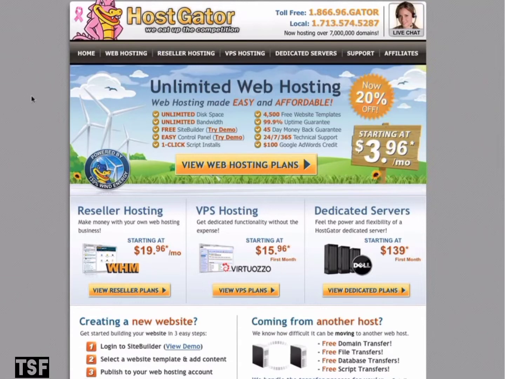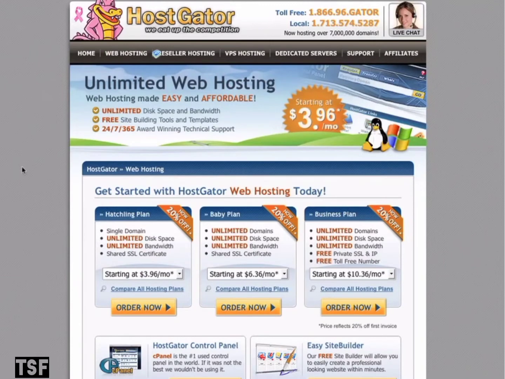So to register for web hosting, simply click Web Hosting and choose a plan. You've got your hatchling plan, baby plan, and business plan. The difference is the hatchling plan only allows one single domain name, meaning you can only host one www.yourdomainname.com. As a long-term strategy, you want to register for a plan which allows unlimited domain names, giving you potential